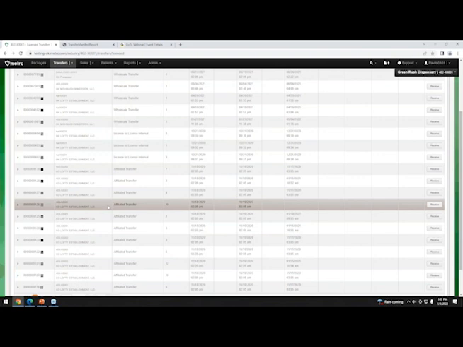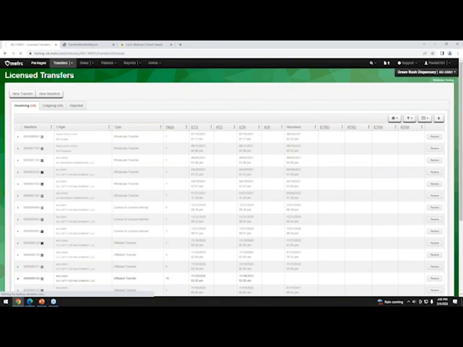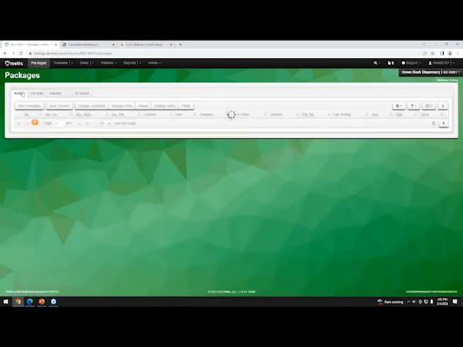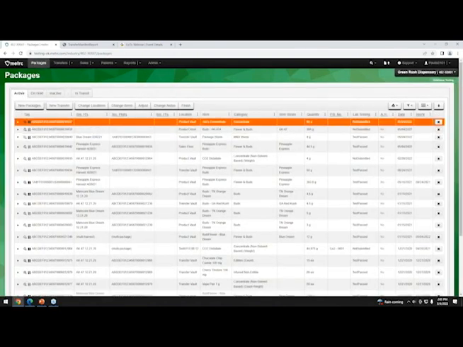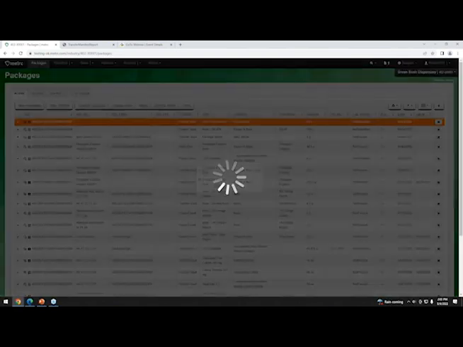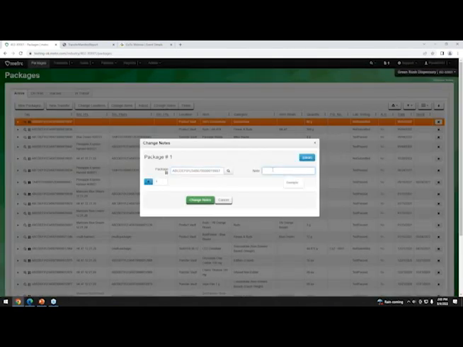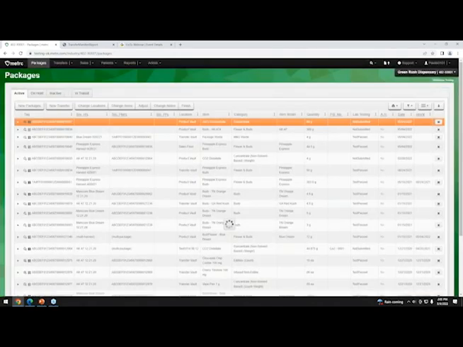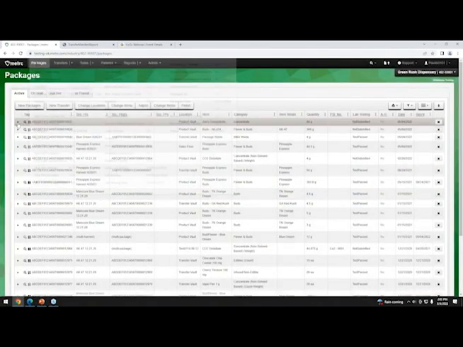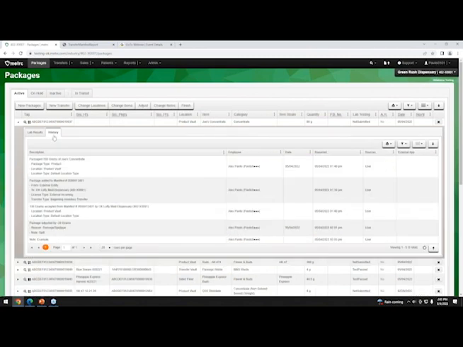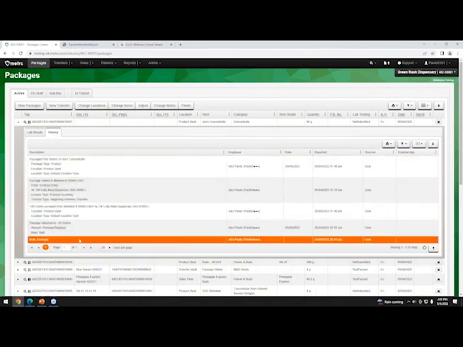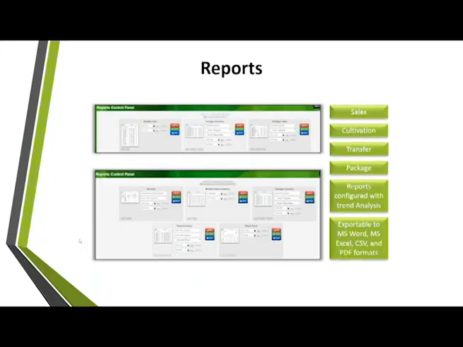And then the only thing I'll actually mention here, if we cut back to packages, is just the notes. You do have the ability to add notes to packages as well. So you would select it, you would change notes, and then you can put the note in there if you need to do so, and then you change the notes, and if you drill down in the history there, you'll see the notes in the history. So note example. All right. Flip back over to the, yep, there you go.